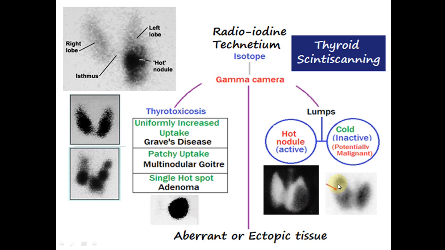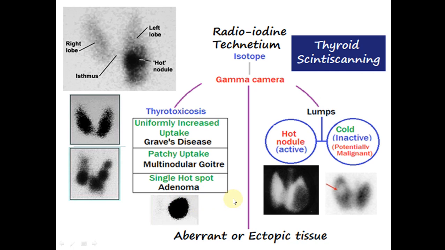Comparatively, the cold nodules are non-functional nodules in the thyroid gland. They have greater malignant potential. Moreover, in case of toxic adenoma, for example, it will appear as a single hot spot in the thyroid scanning,